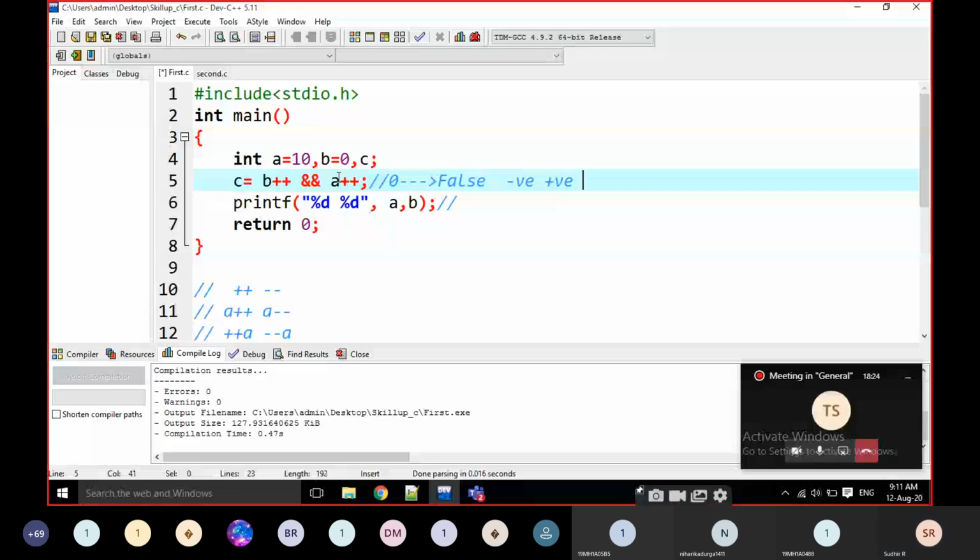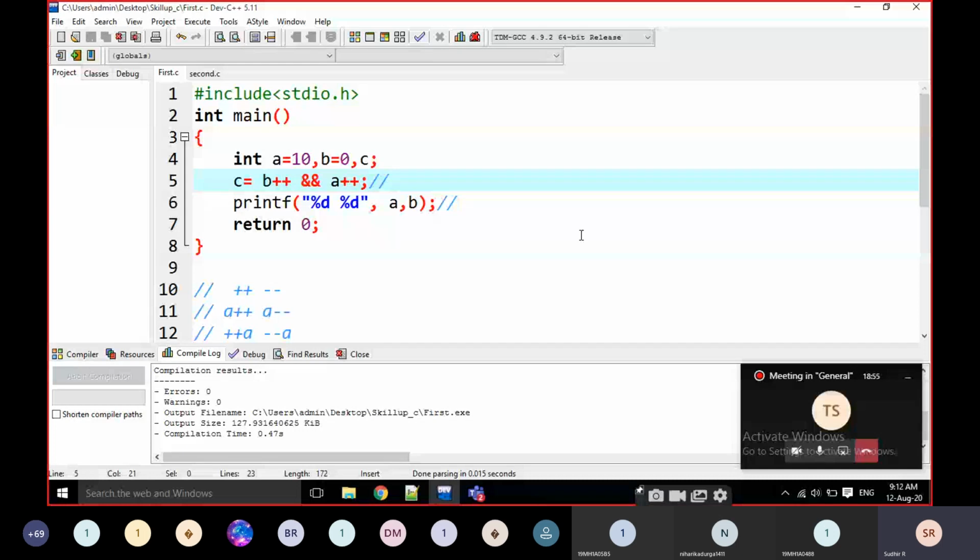True means 1, false is 0. This is the key point. If you are interested, just note it down: 0 refers to false, and anything other than 0, positive or negative, refers to true.